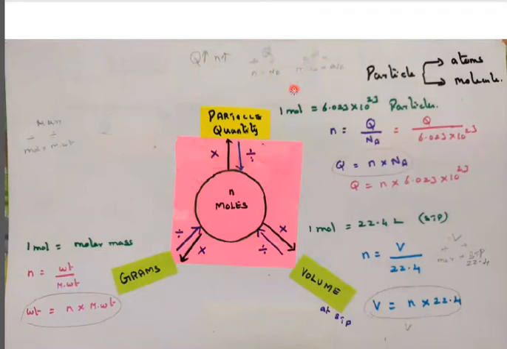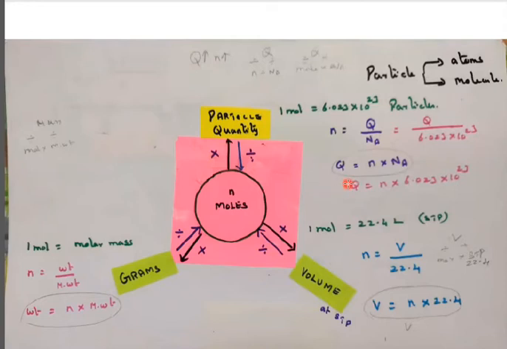The next thing is quantity, which is what I've written: Q is equal to moles times Na, where Na is the Avogadro number. In the question, you will get particles, and these particles may be atoms or molecules or ions. This is called quantity. So 1 mole is equal to 6.023 × 10^23 particles. The number of moles is Q by Na, that is Q by Avogadro number 6.023 × 10^23. If they ask the quantity, how many atoms, molecules or ions, then Q is equal to N times Avogadro number. So by using the number of moles and the Avogadro number, we can calculate how many atoms are there in a particular substance.